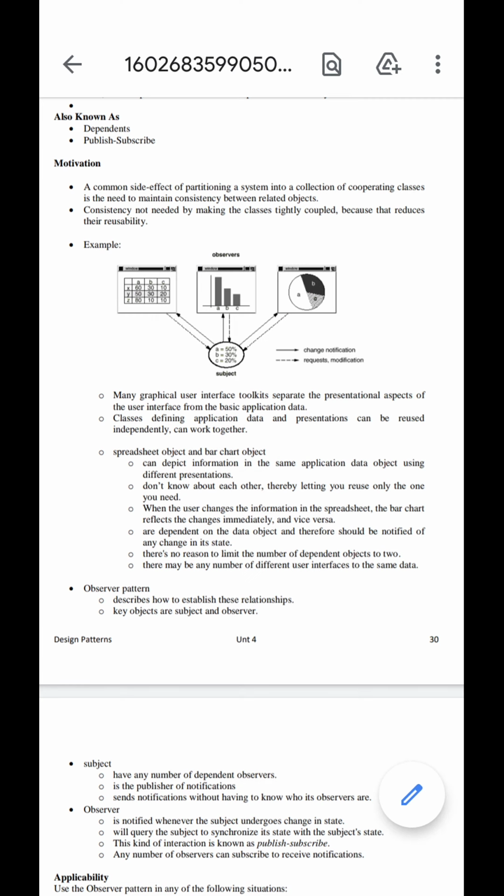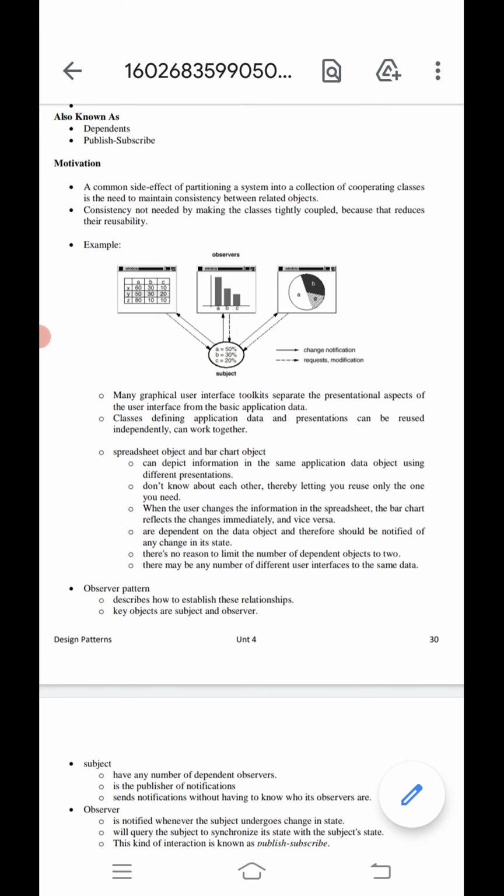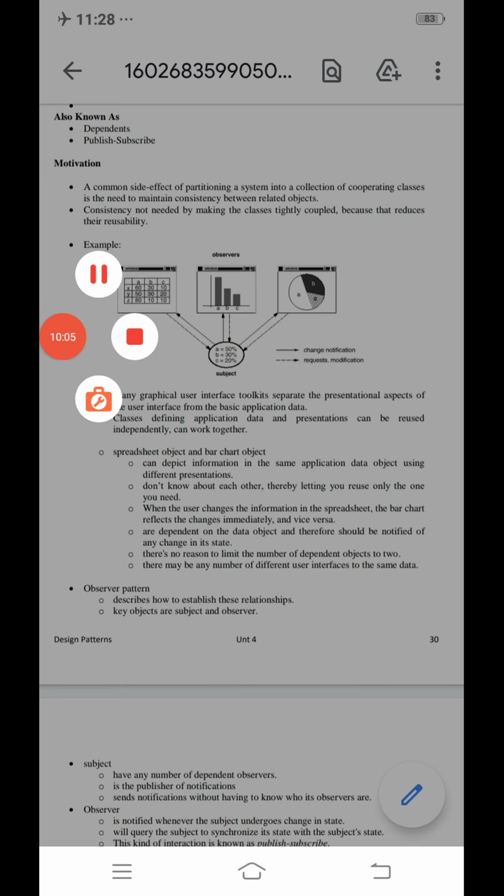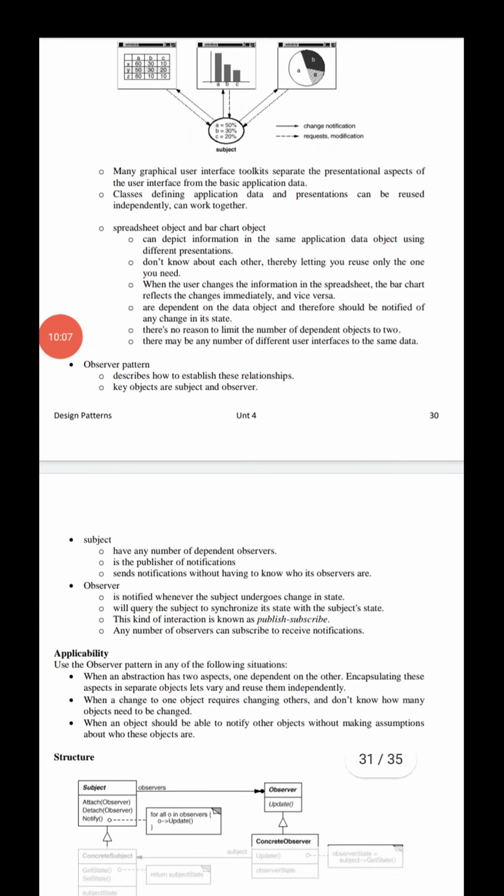The spreadsheet and the bar chart don't know about each other, but we use different presentations, letting you reuse them.